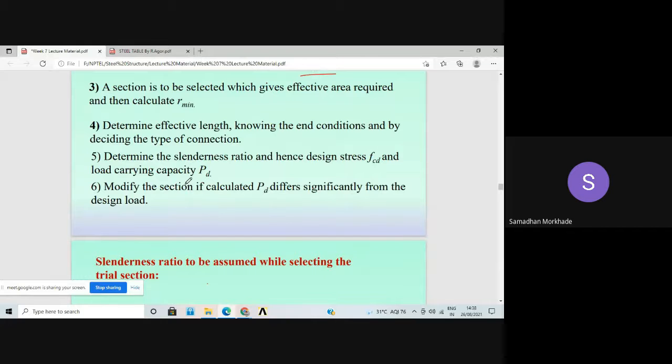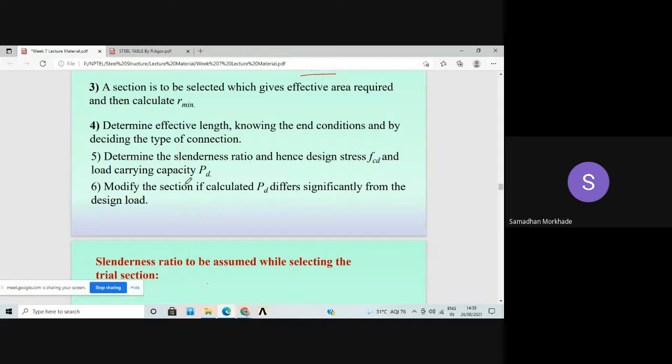If the condition is given in the problems, according to those conditions, refer to Table 10. Table 10 is for column effective length. For a strut, we assume an effective length in the range of 0.7 to 0.85. So take 0.7, 0.8 or 0.85 in that range, calculate the effective length, and decide the type of connections,